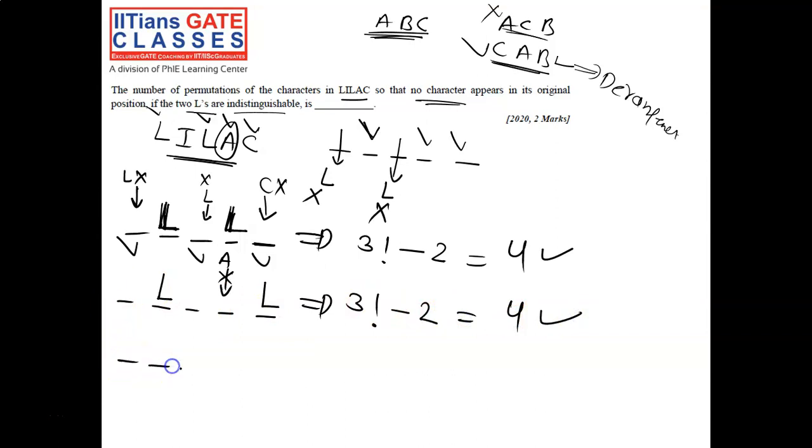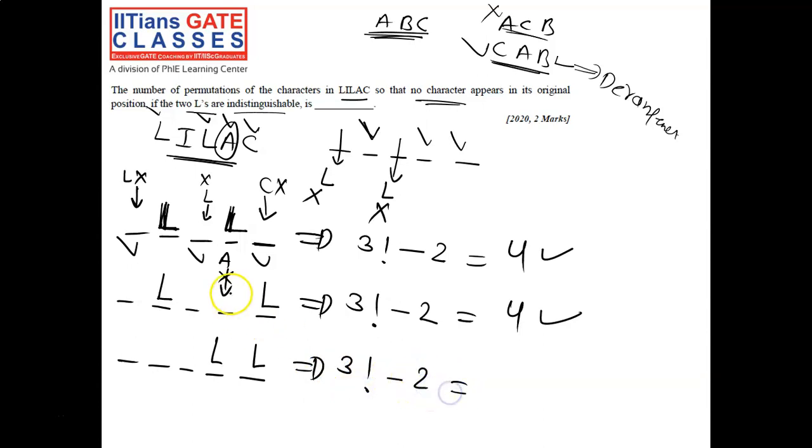Now what is the last case possible? The last case possible is that both L are in the fourth and fifth positions. Now how many words are there? Again, the remaining letters are I, A, C, so using those letters you can make 3 factorial permutations, but you should subtract